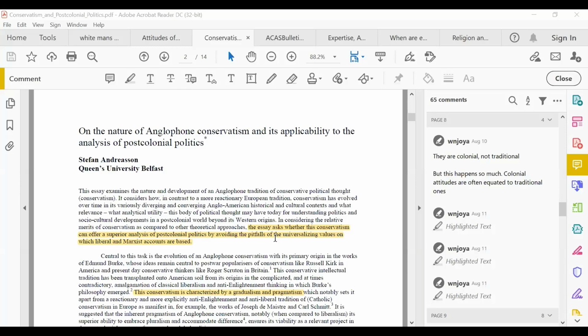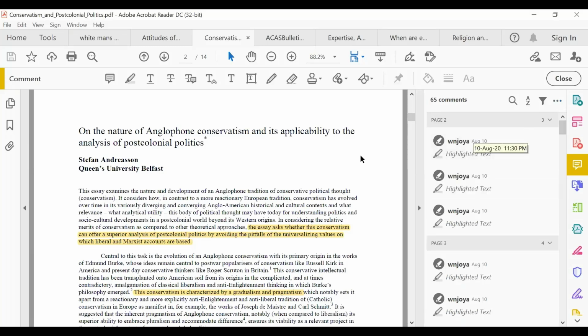And this guy was talking about how Anglophone or conservatism from the British tradition might be a way for Africans to preserve their culture and still grow economically. It's a lot of BS. But anyway, by BS, I mean Bible study. So